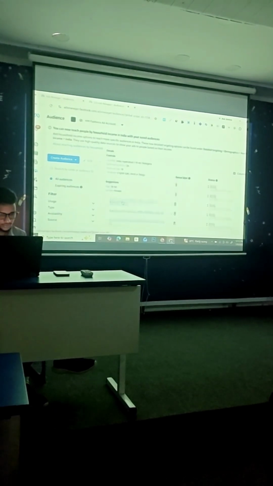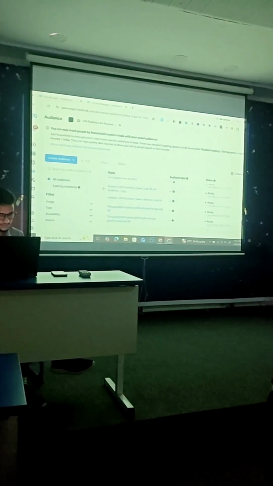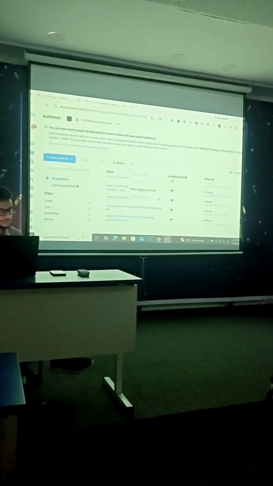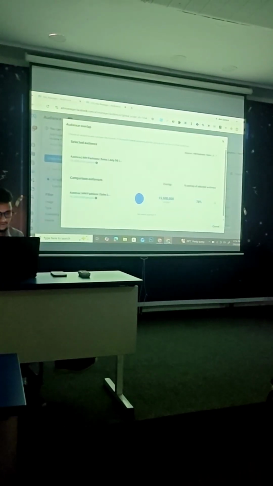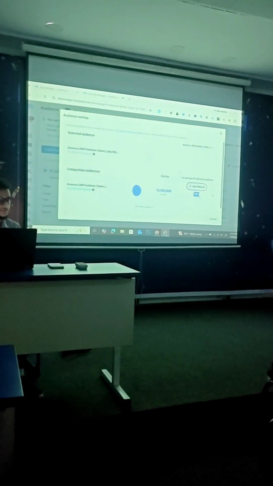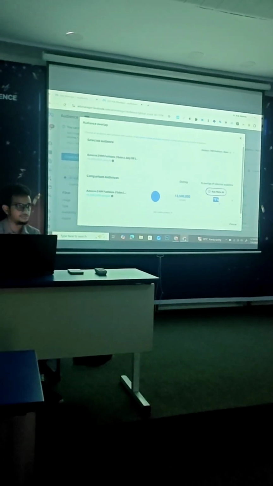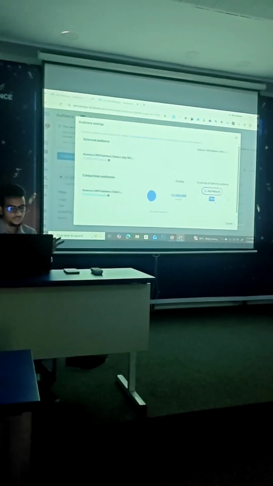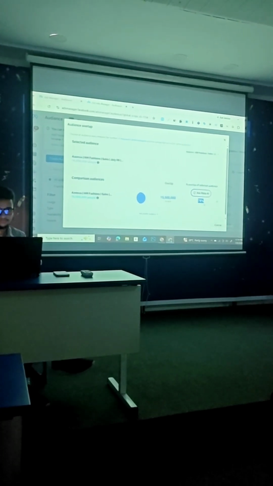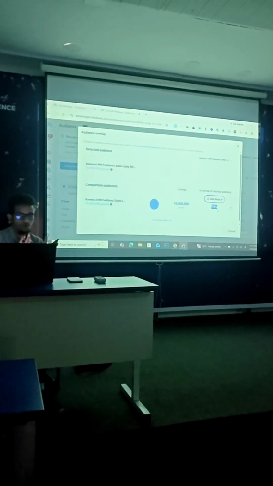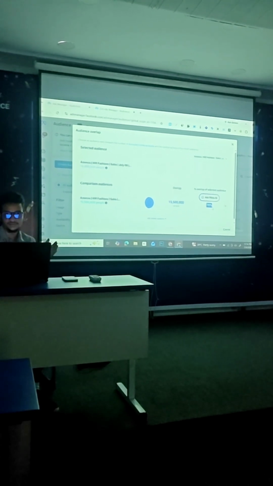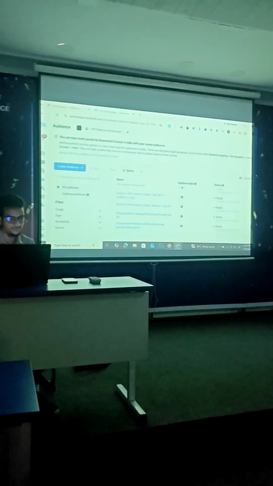Okay, so let's say these 2 audiences, audience 1, audience 2. 3 dots, show audience overlap. See, 78% of the audience is getting overlap. It means whatever the audiences you have created, both are same. 78%. It should be always less than how much? 5%. Less than 5%. If the audience is getting overlapped, there is no point of creating 2 audiences. Putting the same people into 2 audiences. So always you have to differentiate.